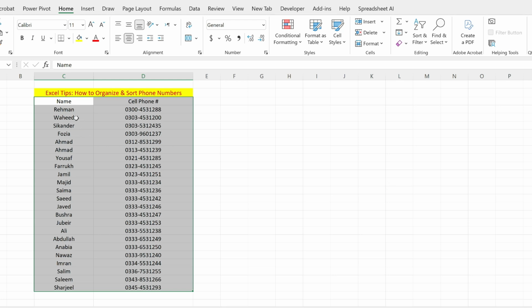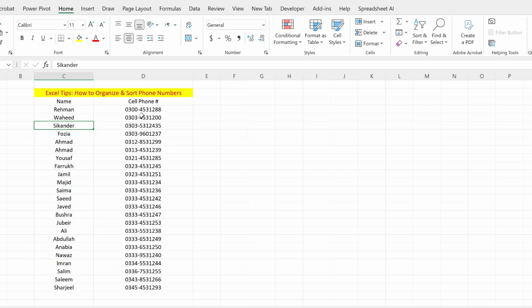And now you can see that the names and phone numbers are sorted perfectly, and it is starting from 0300 and ending on the 0345. So in this way you can easily sort phone numbers in